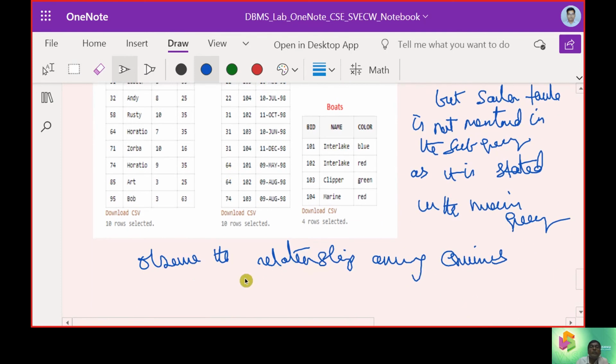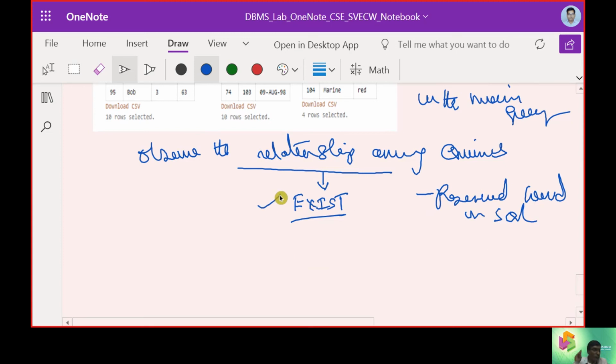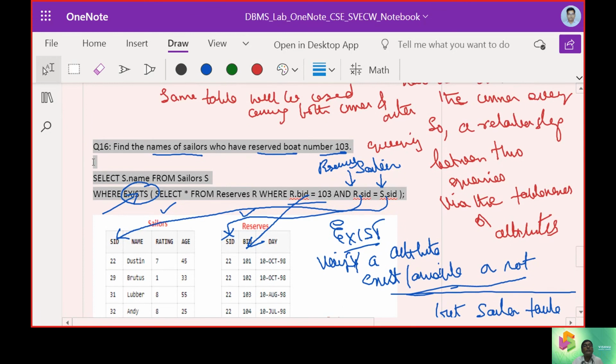In order to express it, how we can justify it is using a command called EXISTS, which is a reserved word in SQL. That's how we have to use EXISTS when we are told to use correlated nested queries.